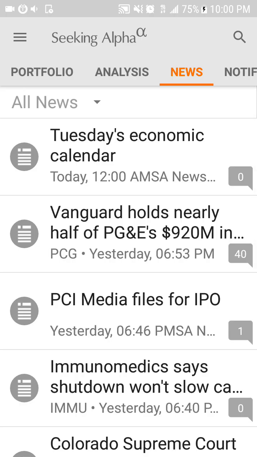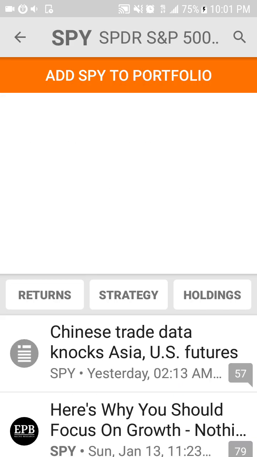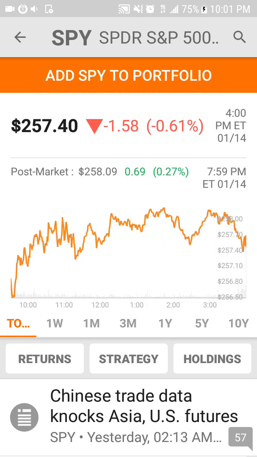So this is really good for tracking your portfolio, getting opinions from other analysts, or getting up-to-date news. When you first open the app, you can see at the very top the three major indices: Dow Jones Industrial Average, S&P 500, and NASDAQ. So for example, if I go to S&P 500 or the Spider SPY ETF,